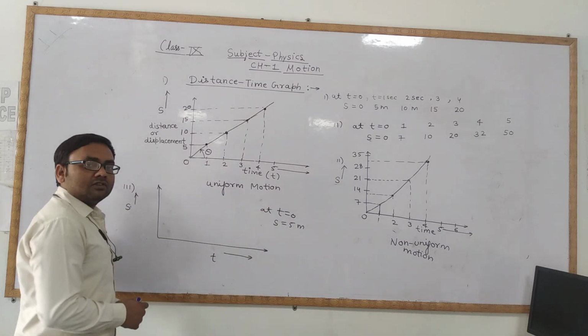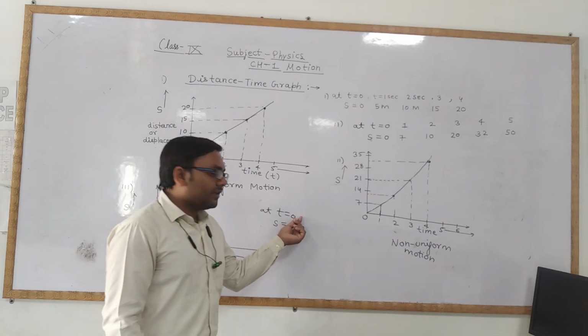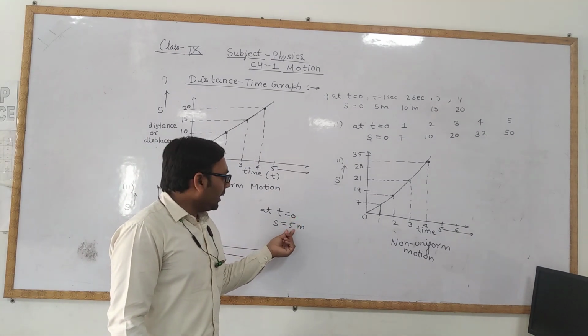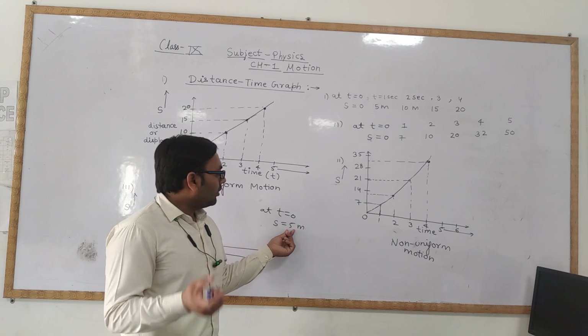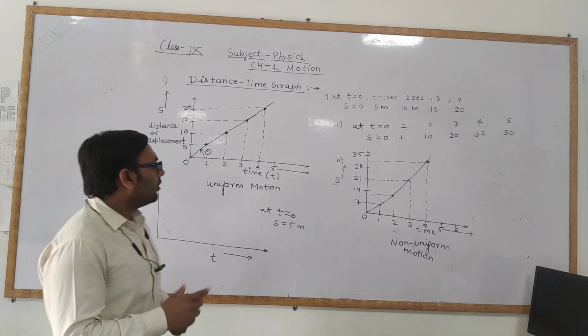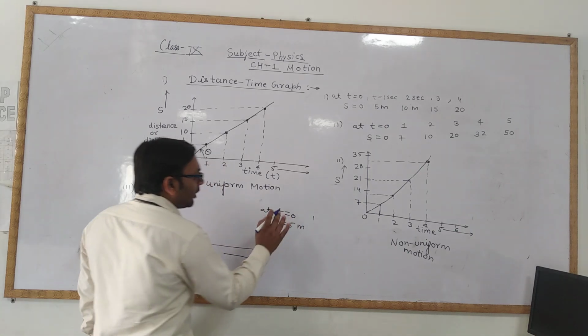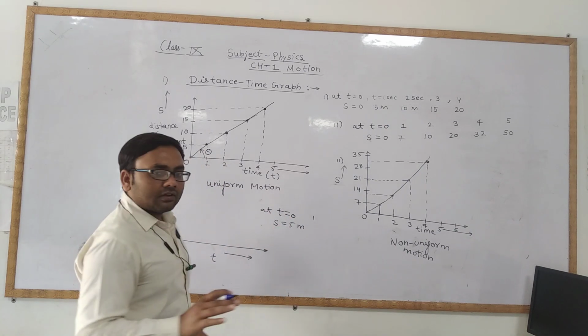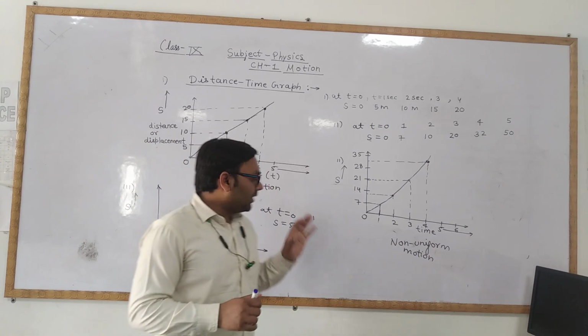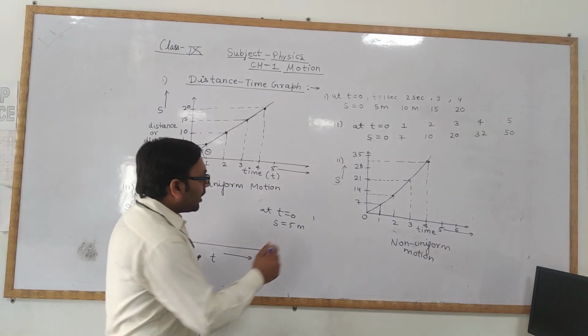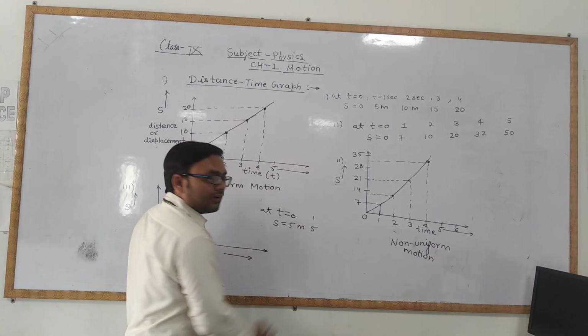Now I am not taking it to 0, because when I observed the object, it has already covered some distance. Okay, the object has covered some displacement. After 1 second, suppose now the object is stationary. Now this object will not move. The object has come to stop. So after 1 second, the displacement will remain 5.